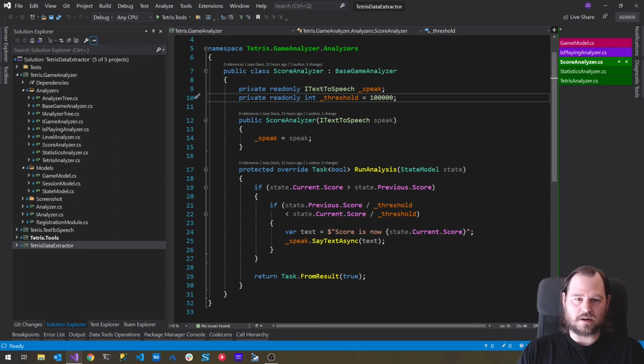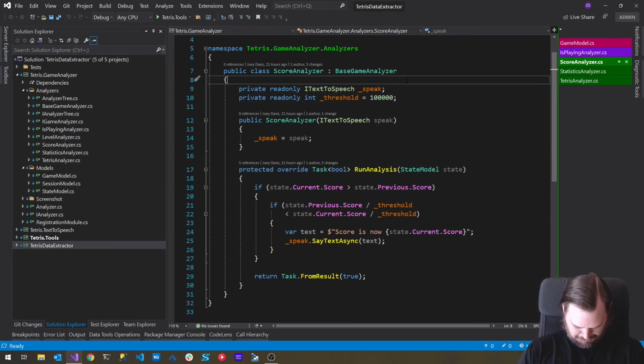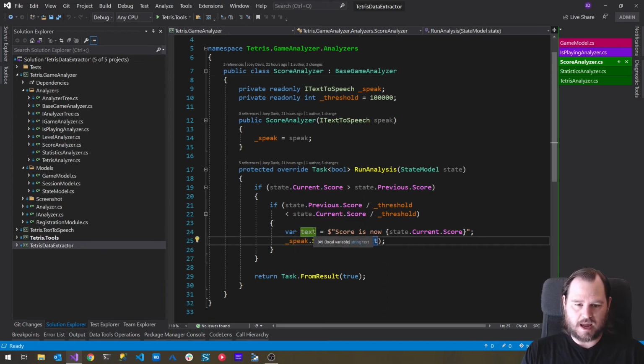Okay, so this is our score threshold. Oh yeah, I changed it from 40,000 to 100,000 after the fact. So I think that's better. Okay, so this is our general pattern. We get some text and we say the text. And